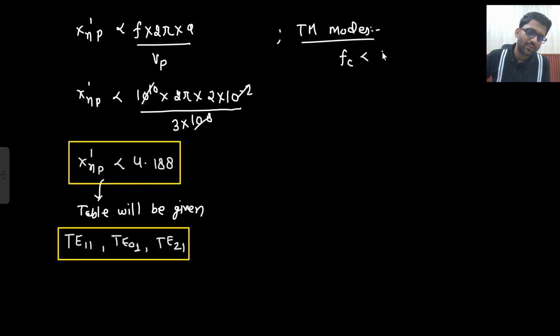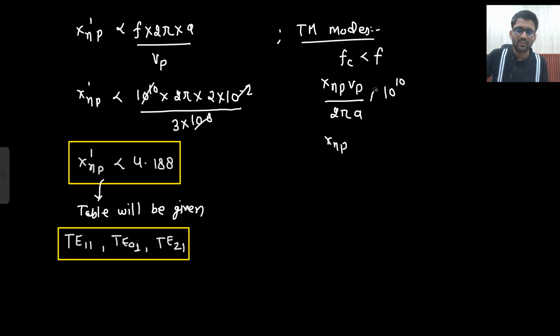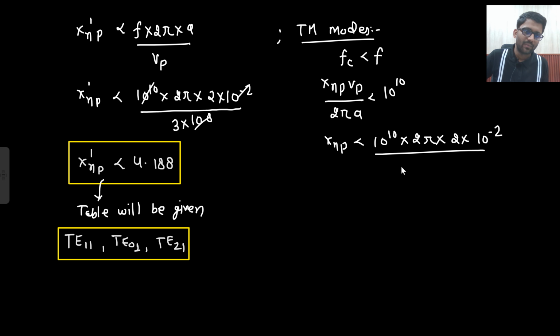Your fc should be less than f. What is your fc? Xnp into Vp divided by 2 pi a should be less than 10 gigahertz, or you can say 10 to the power 10. So Xnp should be less than 10 to the power 10 into 2 pi into a, which is 2 into 10 to the power minus 2, divided by Vp. What is that? 3 into 10 to the power 8. So you are getting the same expression, right? This and this are getting cancelled. 4 pi by 3. So Xnp should be less than 4.188,